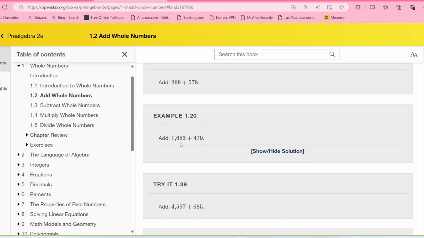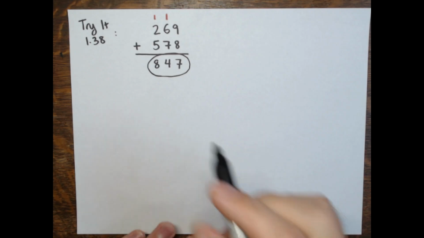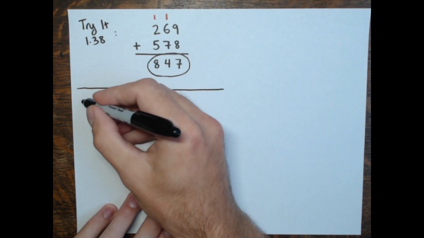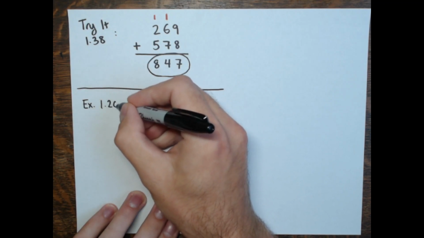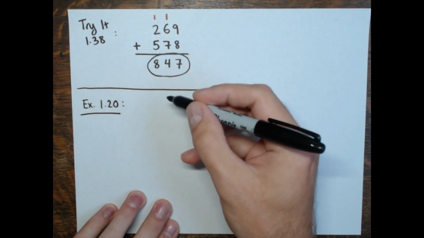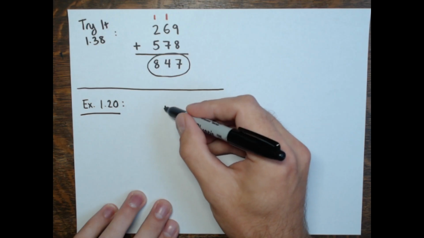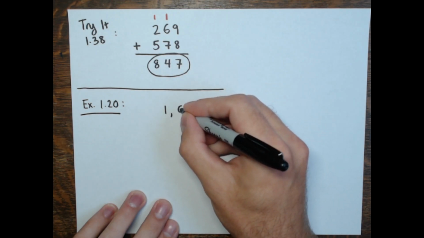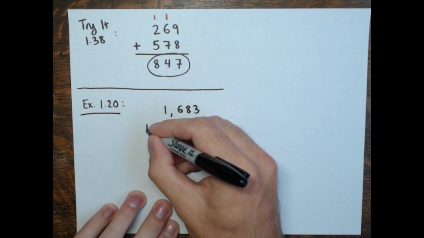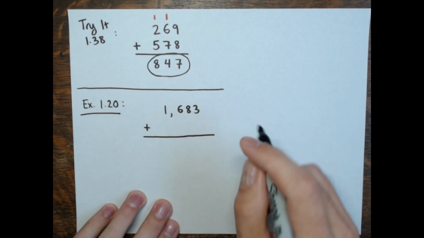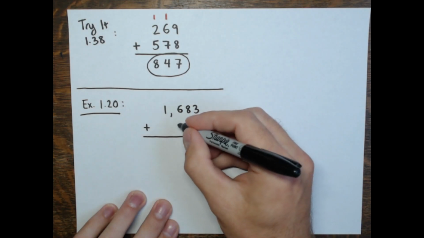Now they bump up, there's a 4-digit whole number plus a 3-digit whole number. The same procedure is going to continue. So in example 1.20, we have a 4-digit number, 1,683, plus, and then a 3-digit whole number,